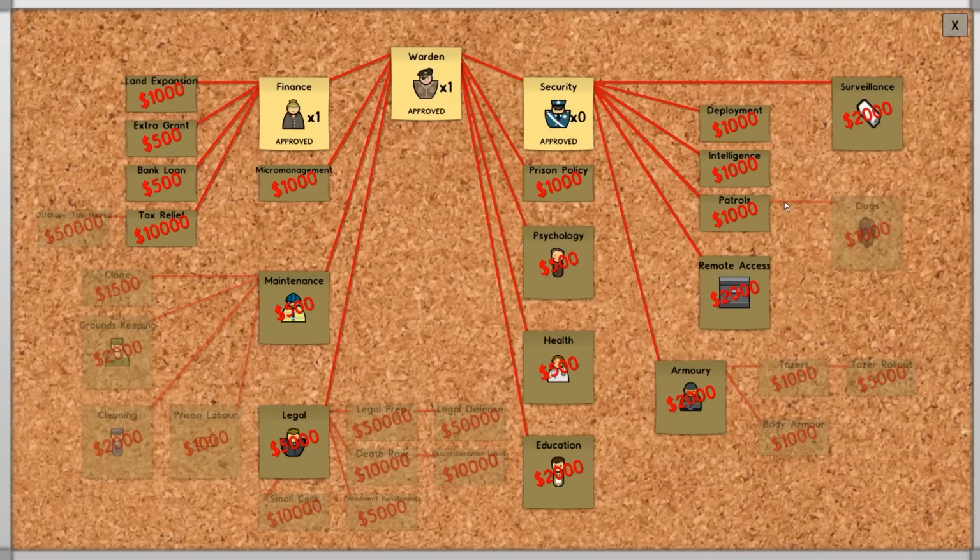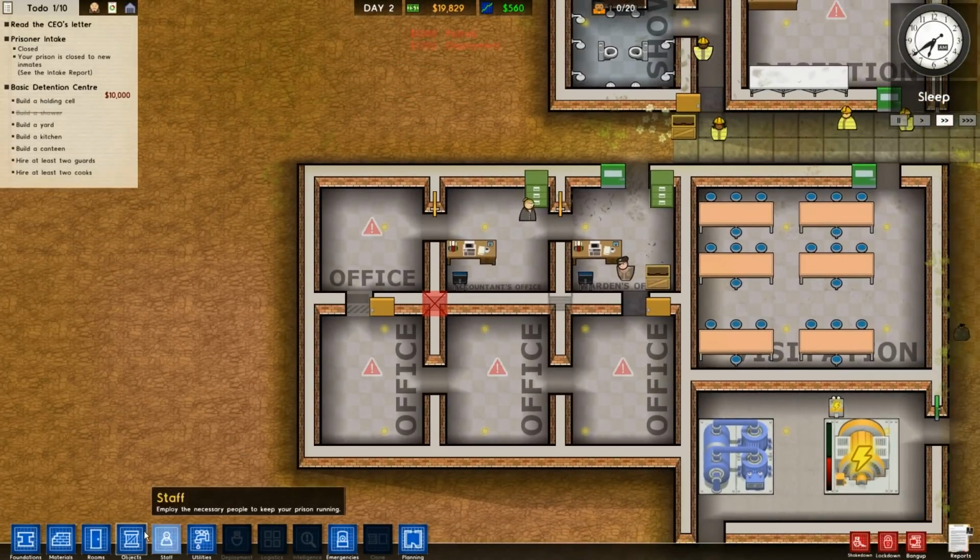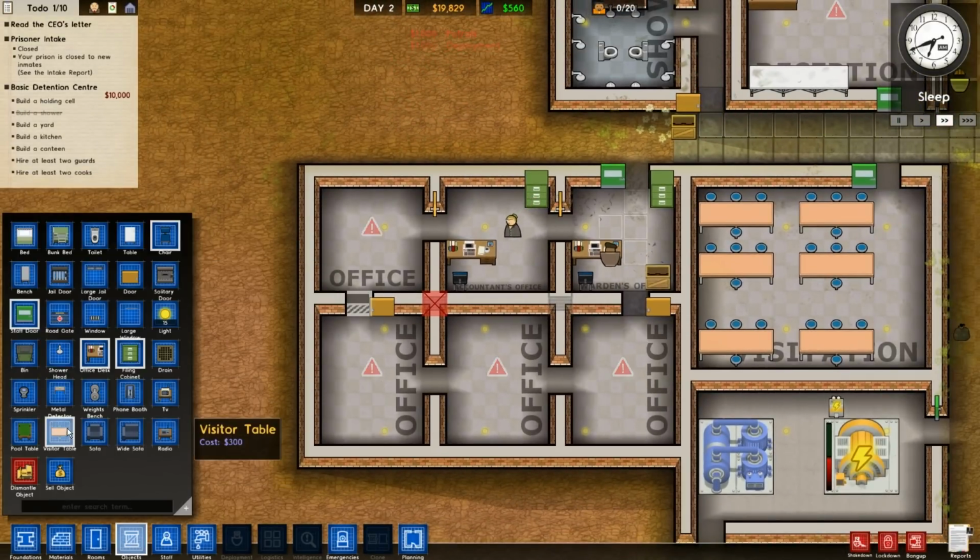Deployment, intelligence, patrols, remote access, surveillance, armory. What's the most important here? Probably deployment and then patrols, but I do need to hire a security chief. In order to do that, I need to get